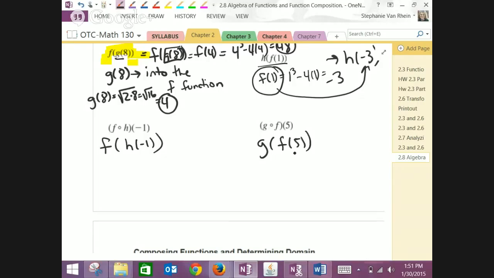f at 5, and I can see that there, and you got 105. Then you plug 105 into the g of x function, and you got that. So if you were to do g of 105,